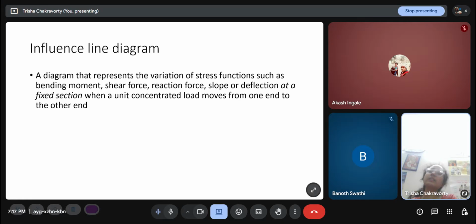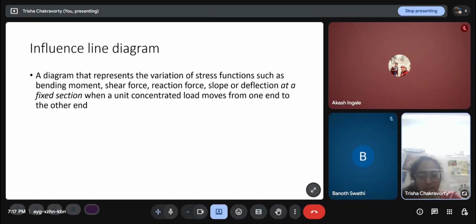So suppose I actually have a 5 kilonewton wheel moving, then we can just multiply the magnitude of the ILD to get that, because in civil structures like these, so long as they are within the linear regime, they follow the principle of linear superposition. For example, just consider BMD. You draw a bending moment diagram due to a concentrated load here, and then you draw a BMD separately for a concentrated load here, and if both the forces act together, you can just add the two BMDs and get the overall response of the structure.